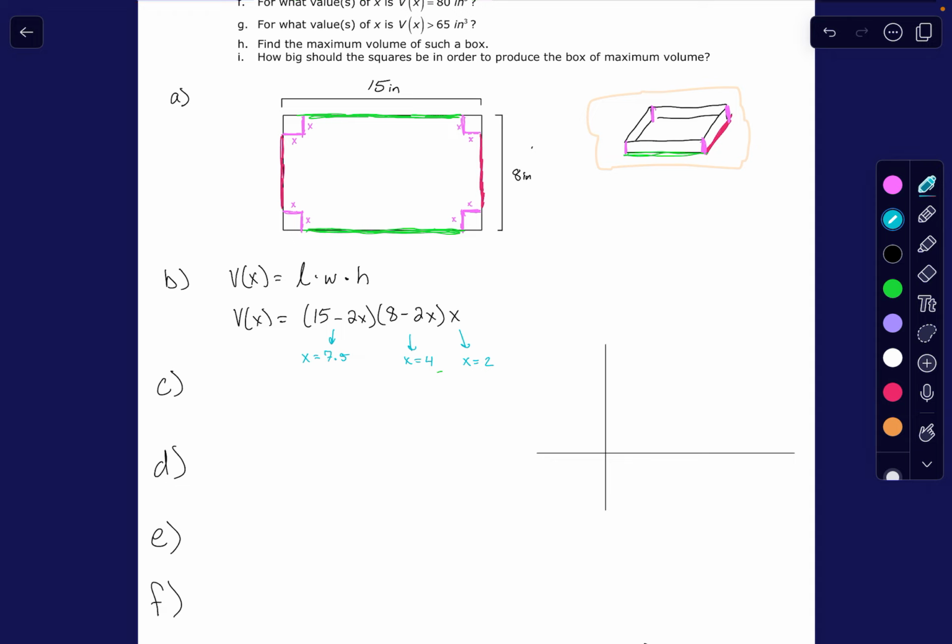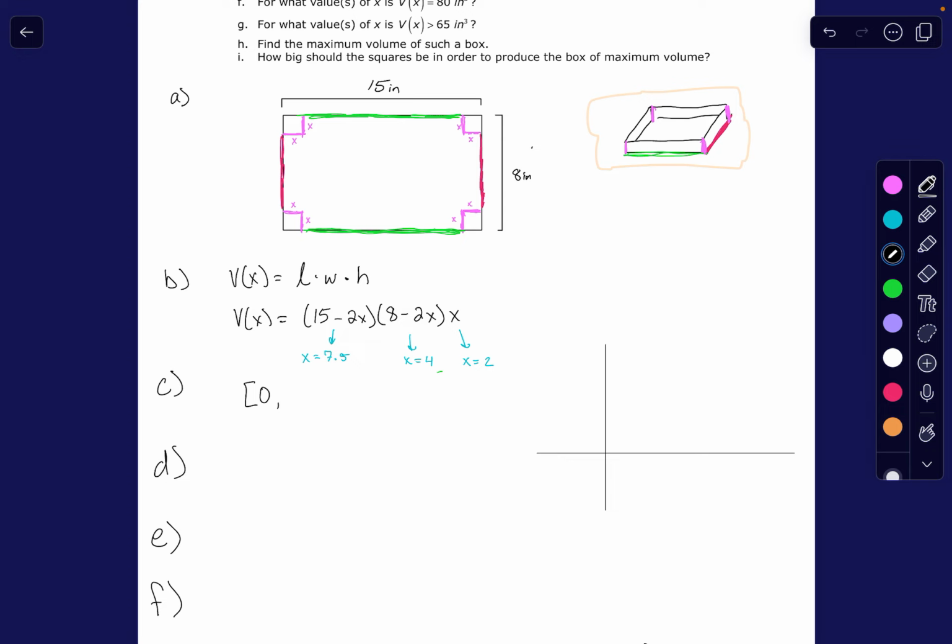Can you cut out a negative length? No, that does not make sense. Can you cut out a 0 length? What would that look like? That is possible. Because when your x is 0, that's just a 2-dimensional sheet of cardboard, 15 inches by 8